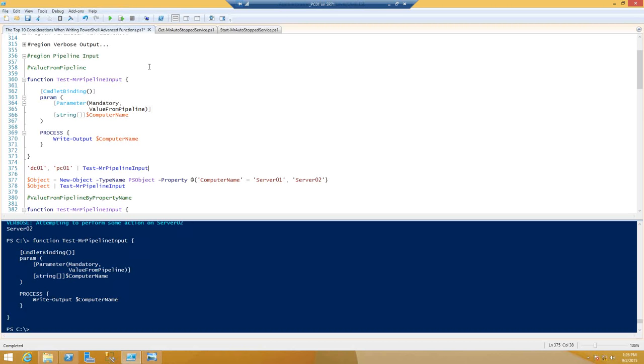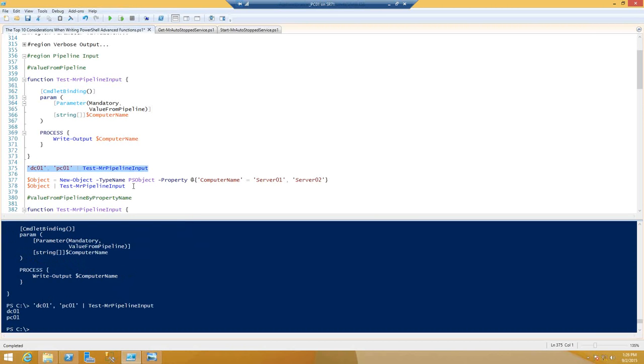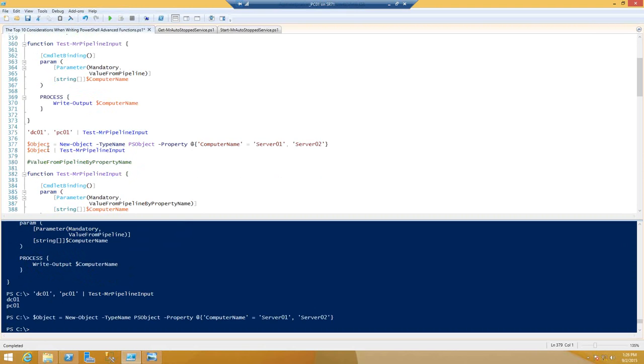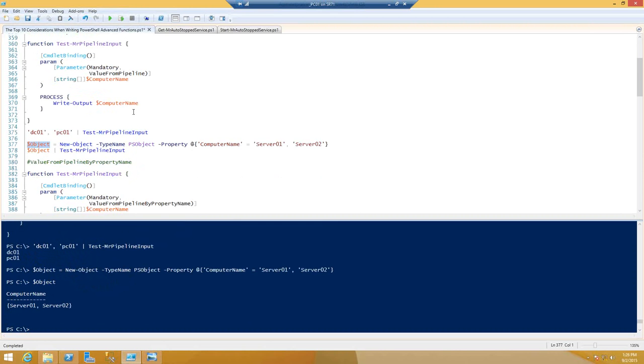So we're just going to pipe in a couple of computer names, and notice they were outputted. I'm trying to keep this as simple as possible because you can really make this overcomplicated. So I'm going to create a new object, and if I show you what's in the variable, it's actually two computer names. So if I try to pipe that object to our function,